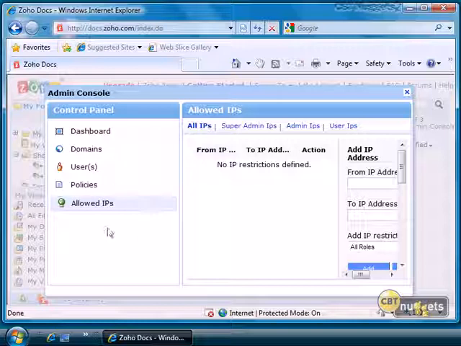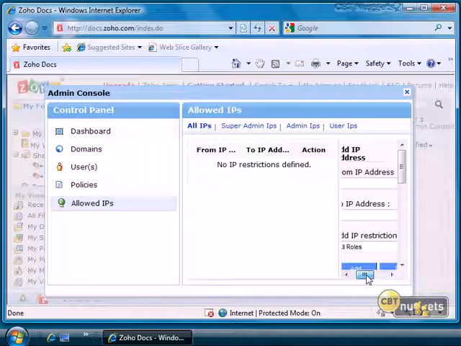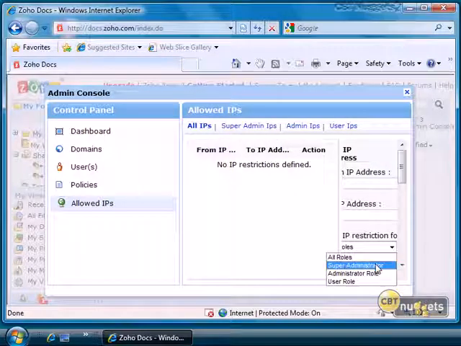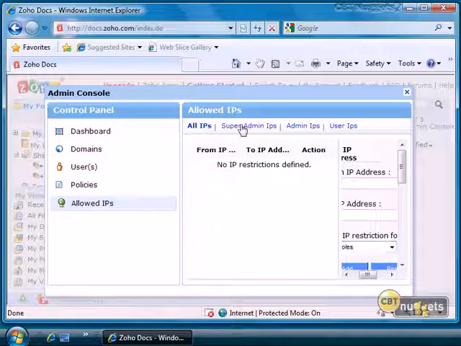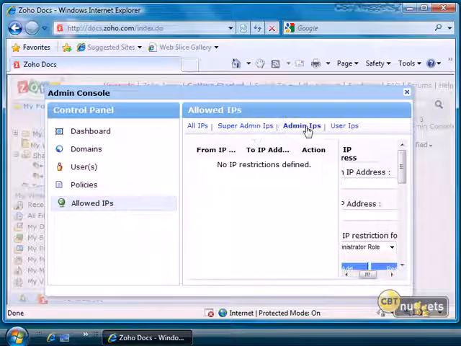Now watch this. How would you like to control who has access based upon their IP address? Oh yes, you can do it. You can set up restrictions based on all IPs. Just add an IP from, to. You can add it from the different roles. You can do the super administrator, the administrator, the user roles, things like that. And again, that's the same as what you see up here. If you click on super admin IPs, you can set those up for only super admins,